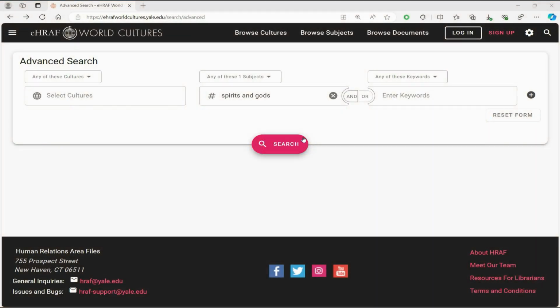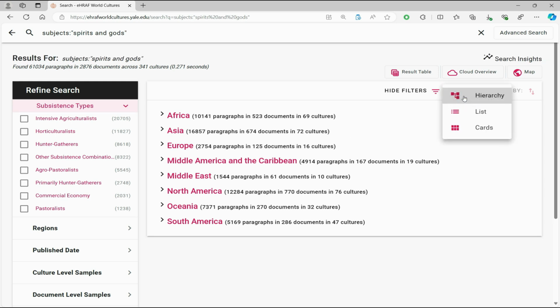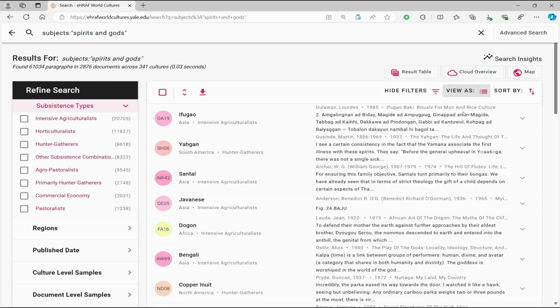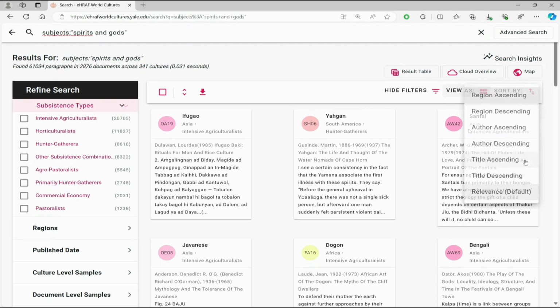After conducting a search, you will see your search results organized by world region by default. There are two other views available using the View As button, including a list view, showing paragraph snippets in a stack sorted by relevance, and a card view showing paragraph snippets sorted by relevance but divided into rows. If you don't wish to sort these results by relevance, you can instead sort by title, author, or region using